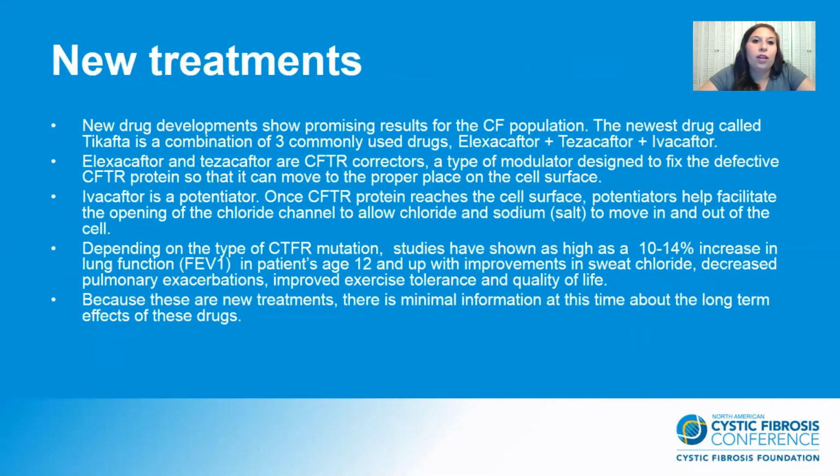Newer treatments for the CF population. One of the big new drugs is called Trikafta, which is a combination of 3 commonly used drugs. And the bottom line of this slide that I'm trying to get to is it's actually helping people with exercise and activity tolerance. So studies have shown as high as a 10 to 14% increase in lung function, or FEV1,